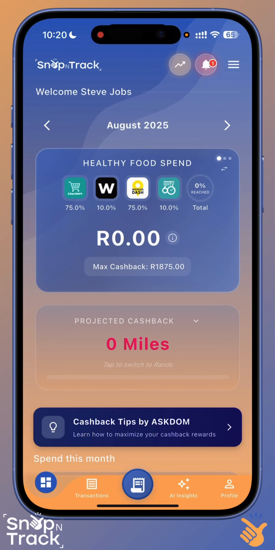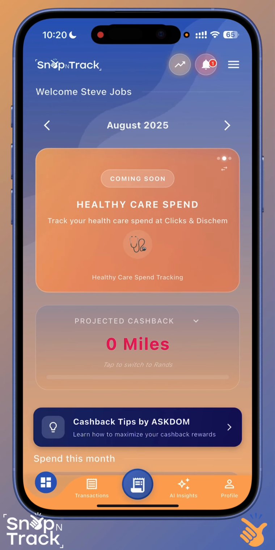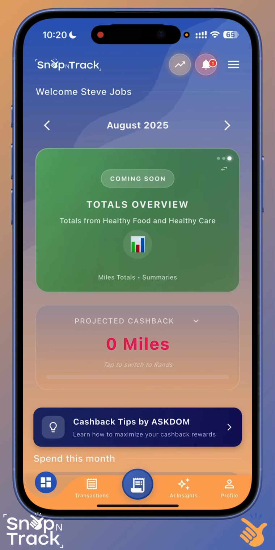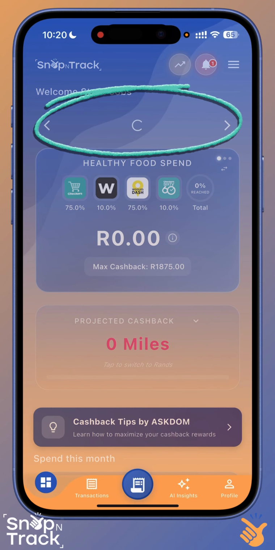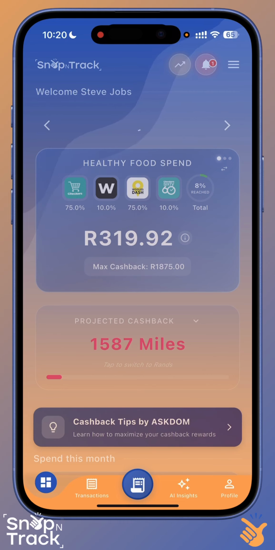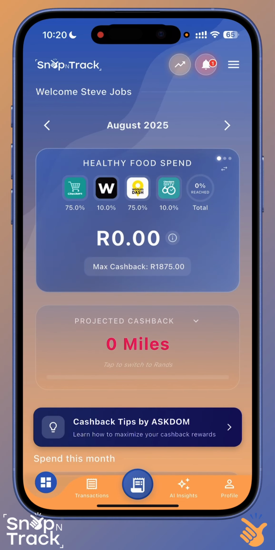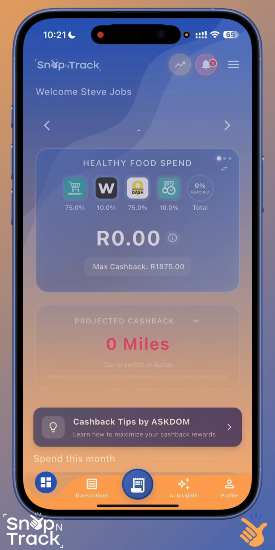month. And when you get on the top here, you'll see you've got your healthy food spend. And if you swipe across, you'll get healthy care, which is coming soon. And then it'll give you a totals as well, which is obviously also coming soon. At the top there, it'll show you your current month, and then you can just change between months with the arrows on the top. And when you scroll down and when you add transactions, you'll see there now on the